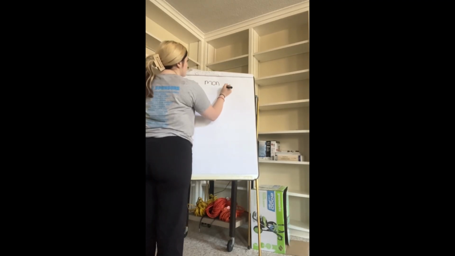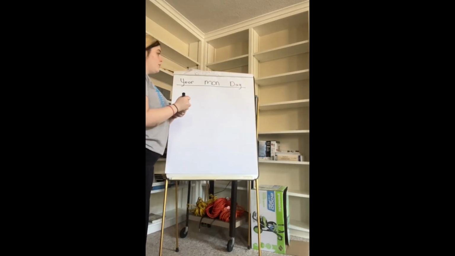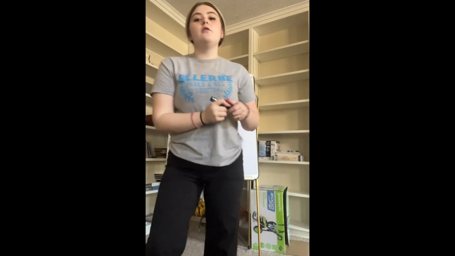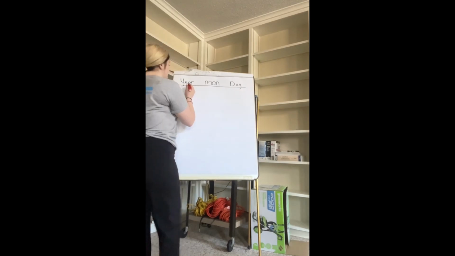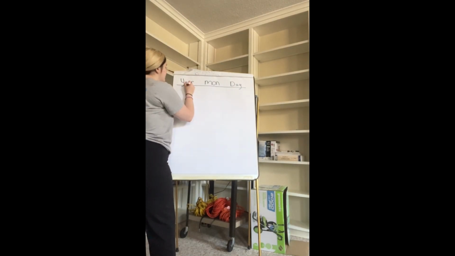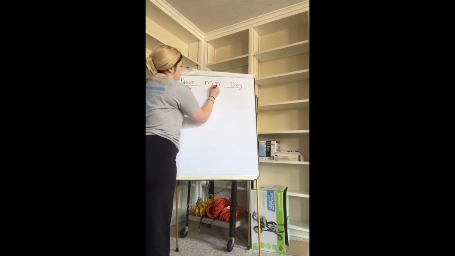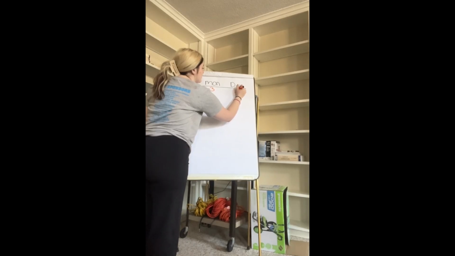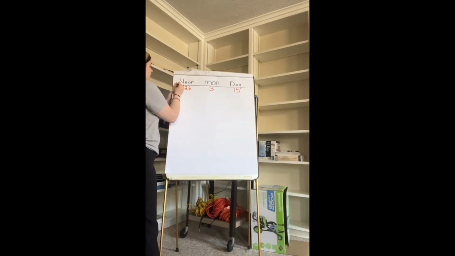For year, month, and day. First, we're going to write the day that we are evaluating this child. 26, but you don't want to write the 2000, you just want to write 26. It's the third month. It is the 15th. Current